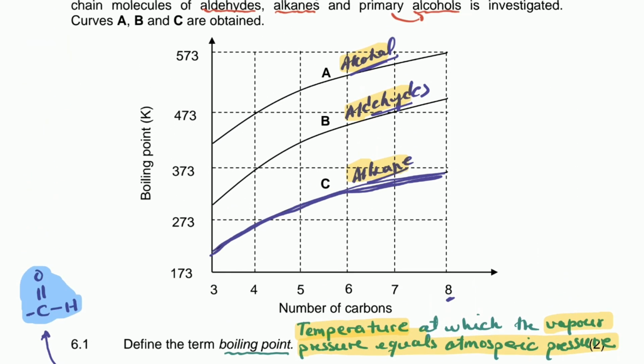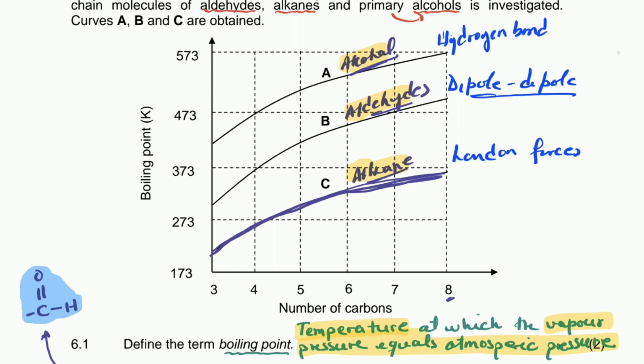Well, aldehyde has stronger intermolecular forces than C, but weaker intermolecular forces than A. Therefore, the boiling point of the aldehyde B will be higher than the alkane, but lower than the alcohol. So here, what do they want you to say? Aldehyde has dipole, which we already mentioned before. Alkane, London forces. And alcohol, hydrogen bond. This one is for question